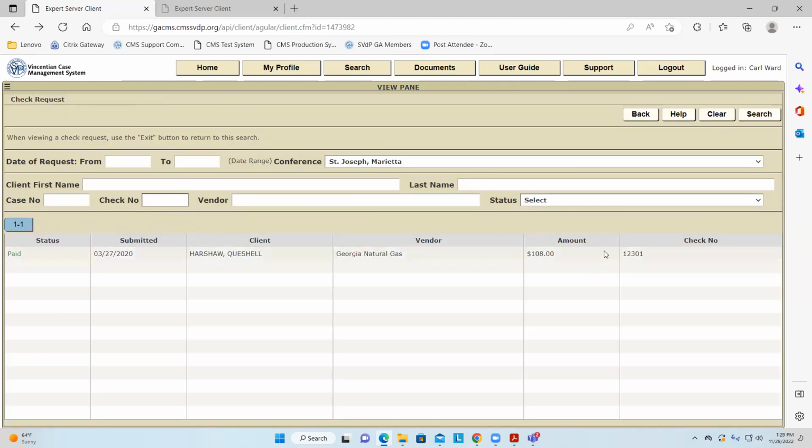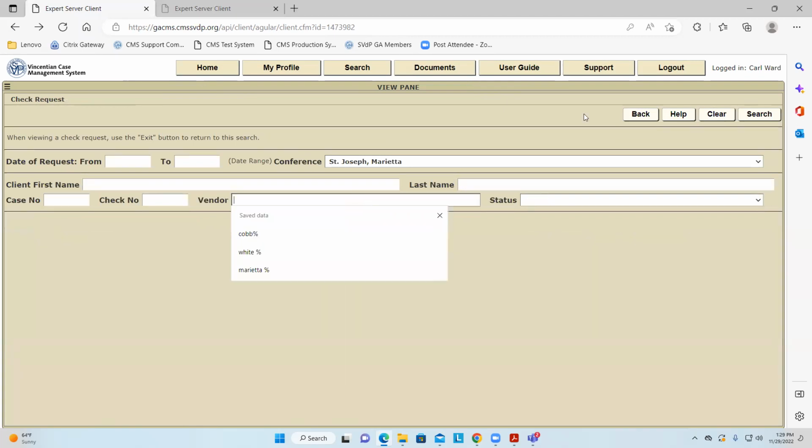That's one way you can use check request. The other way you can use it, I wrote down some examples here. Let's say it's a vendor and it's Marietta Power, or let's say it's White Columns, but I don't know how to spell columns, or I'm not sure what comes after white.